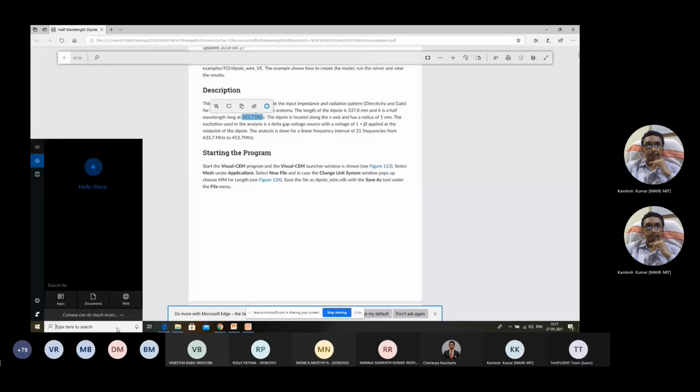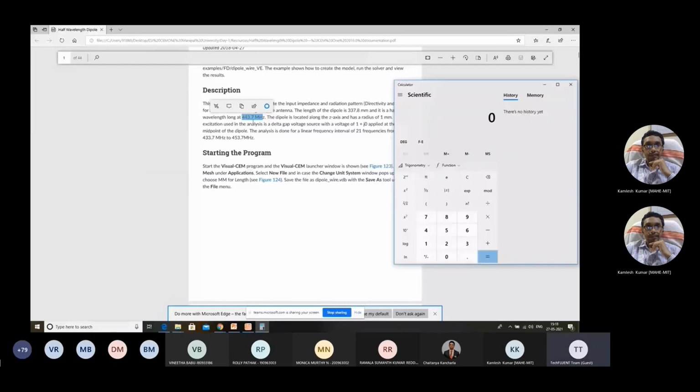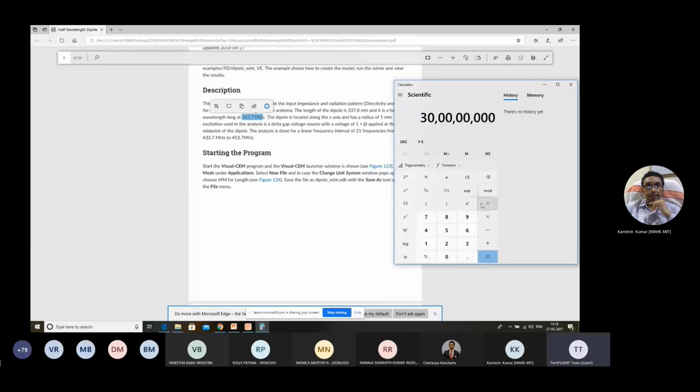So you have to divide your C value. C value in the sense it's nothing but 3 into 10 to the power of 8. So that's the reason I've taken this. Then divide by 443.7 into 10 power 6. So here I'm getting